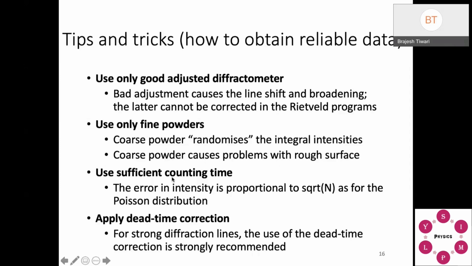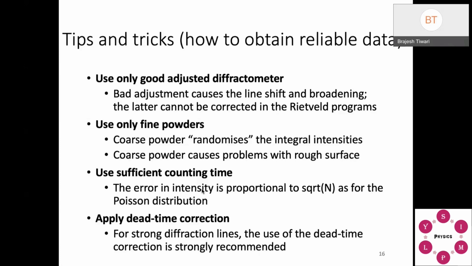Use sufficient counting time. I told you earlier, in the first or second class, that unless you have sufficient time for recording at each step of your XRD machine, you will not reduce the noise. That way you will get better counts as well as minimum noise, so that your refinement will be much better.